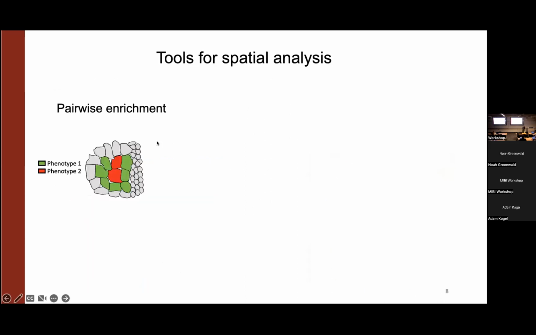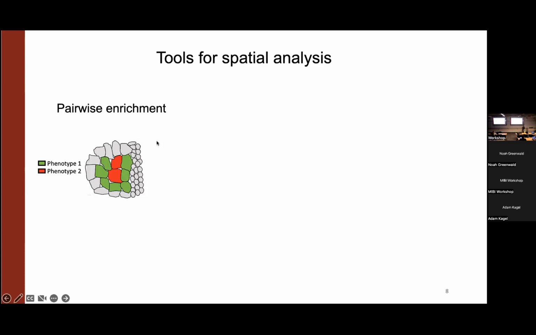Okay, we'll start by briefly going over each of these three algorithms, and we're going to get into more depth on every one of them in the subsequent talks. We'll start with pairwise enrichment. What we're trying to figure out in this example is whether the red cells are preferentially enriched around the green cells or not. To do that, first of all, we can count how many times we see them closely